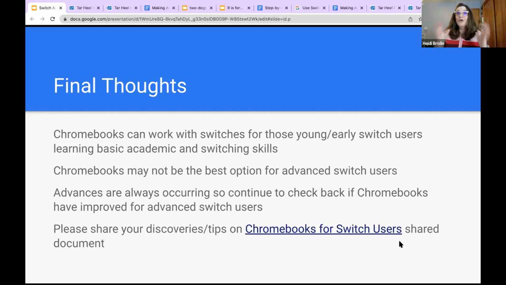He is college bound, and he's doing all sorts of things. Most of the adults I know who are switch users are not using a Chromebook. They're using an iPad or their iPhone or a Mac or a PC, or a Surface or something like that. So that would be the time when, I know some districts are definitely